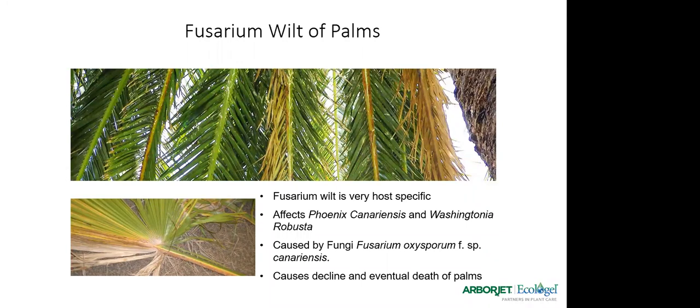So it's the Fusarium wilt of palms. The way you identify Fusarium away from any other disease or issue with palms is the fact that the disease tends to kill down one side of a frond around the tip and then back the other side. And it doesn't just hit our P. canariensis palms. It'll also go into our fan palms, and it does that same unique dieback where it starts on one side and dies around the frond itself. So it's a very distinct way of identifying